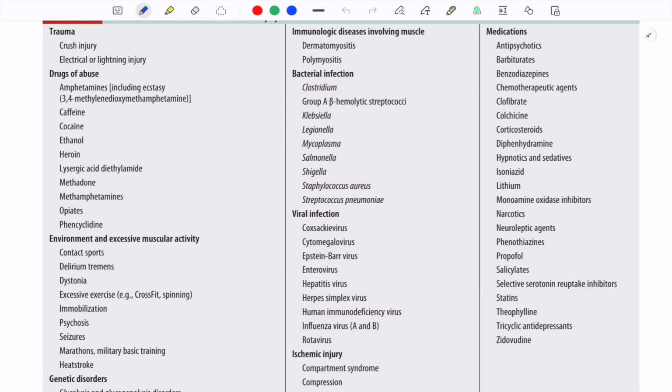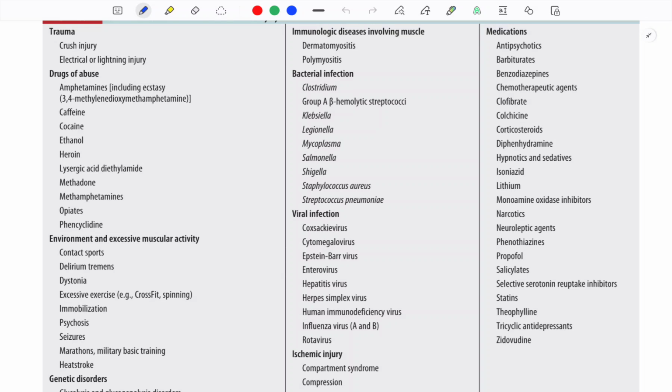Then there are genetic disorders like glycolysis defects, fatty acid disease, mitochondrial diseases, inflammation like dermatomyositis, polymyositis, polymyalgia rheumatica, then bacterial infection: Clostridium, Klebsiella, Legionella, Streptococcus, Mycoplasma, Salmonella, Shigella. Viruses like Coxsackie, CMV, EBV, Enterococcus, hepatitis virus, herpes virus. Then ischemic injury like crush, compression, compartment, medications, your antipsychotics, barbiturates, benzodiazepines, chemotherapeutic agents,